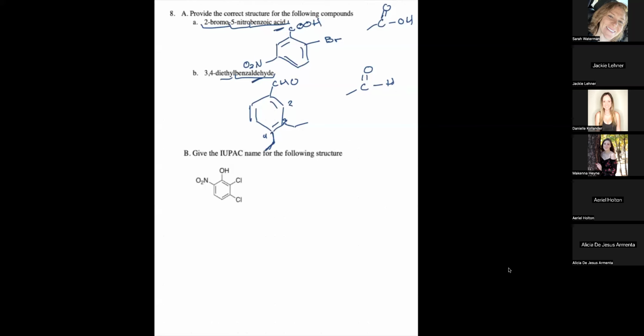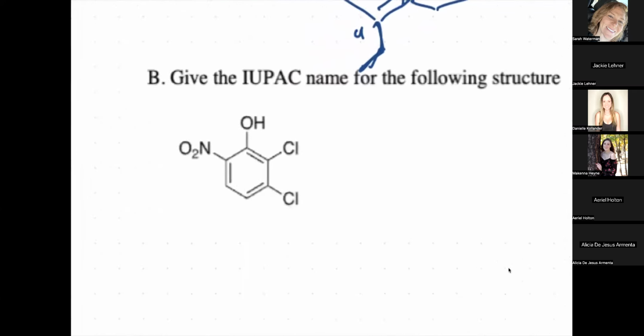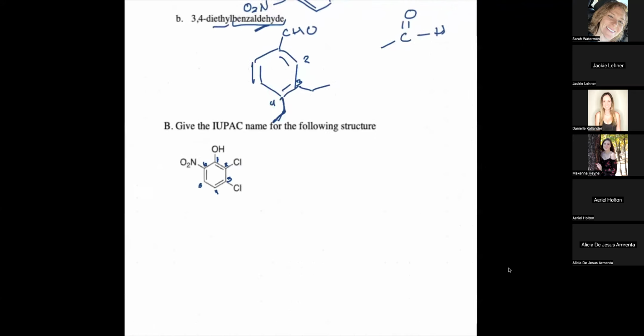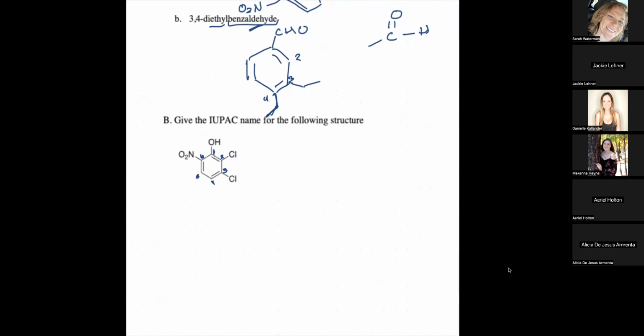And then what about this one? The IPAC. What do we have? That one, because it's the OH. Yeah, so we'll start our numbering here, and then where would we go? Where would 2 be? Would 2 be the chlorine or the nitro? The chlorine. Yeah. And then, yeah. I don't remember what the OH one's name is though, because there's a name for that one. Yeah, phenyl. Oh, okay, yeah, that's what it is. So then it would be